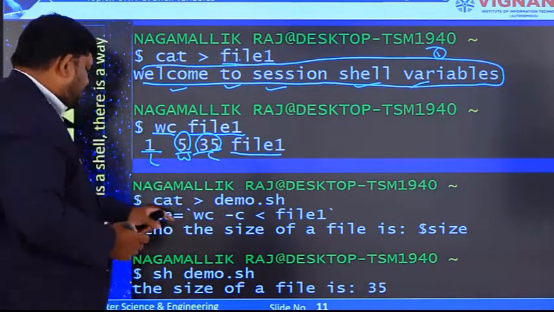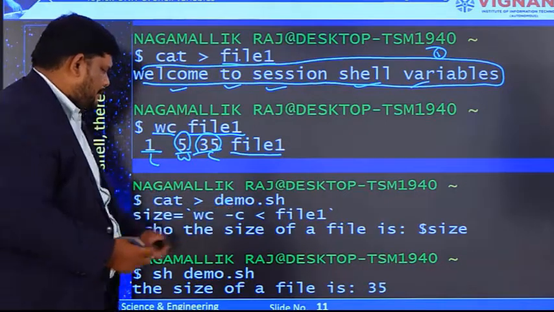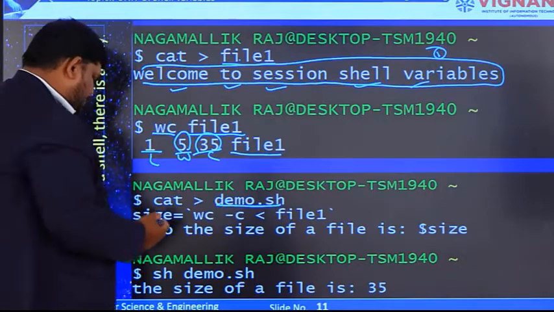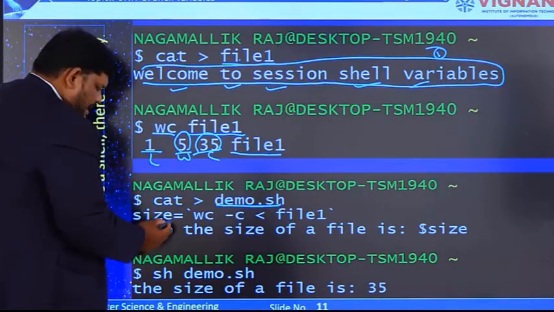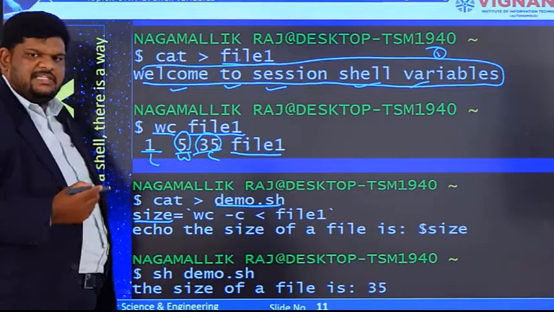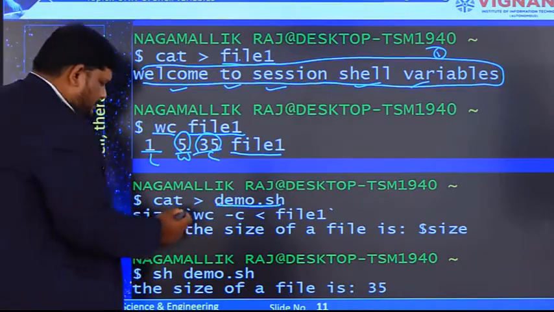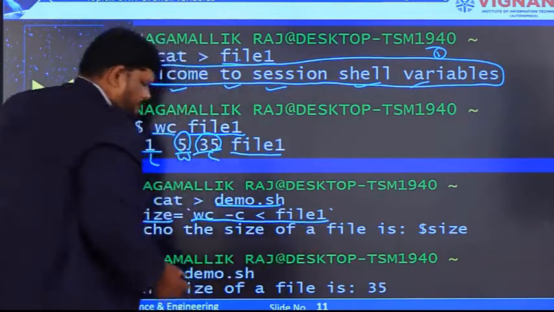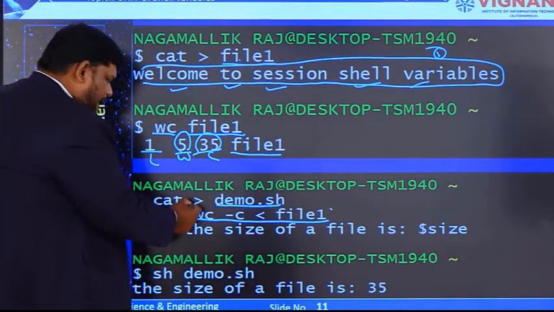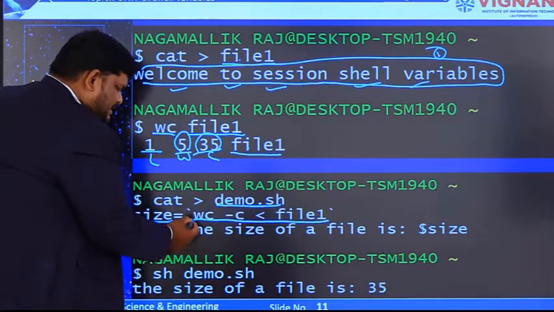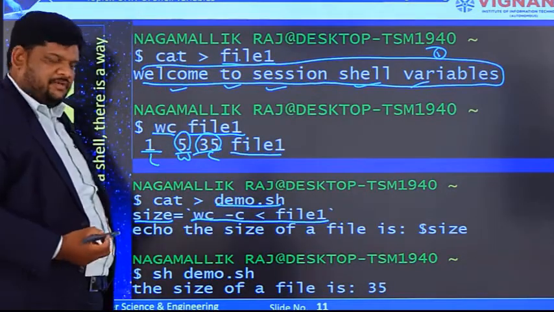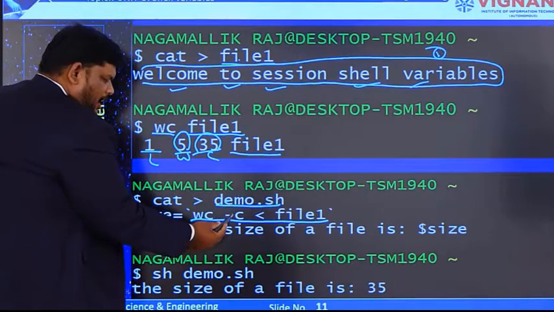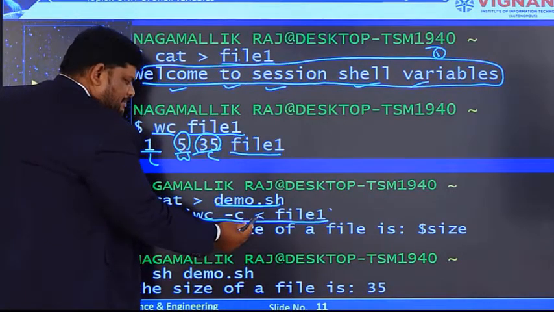Now let us see. Here I am creating one program, demo.sh. In that shell script, this is the following code. size is equal to, size in the sense a variable, is equal to, this entire thing we treat as a value. What is that value? Within backquotes we are writing, that means this entire thing is command substitution. Here the syntax is wc -c < file1.